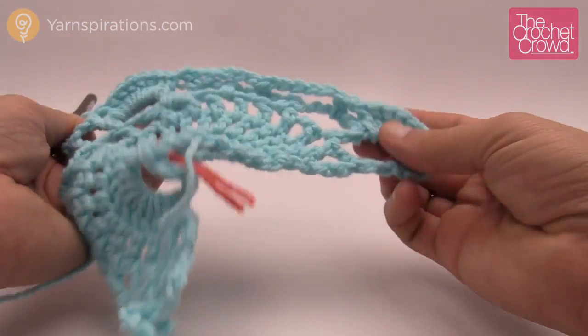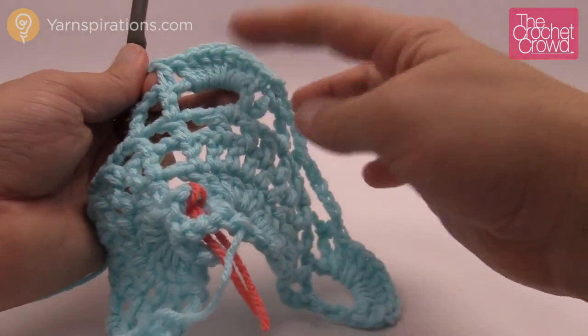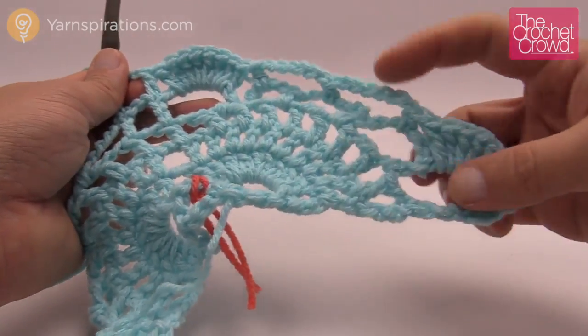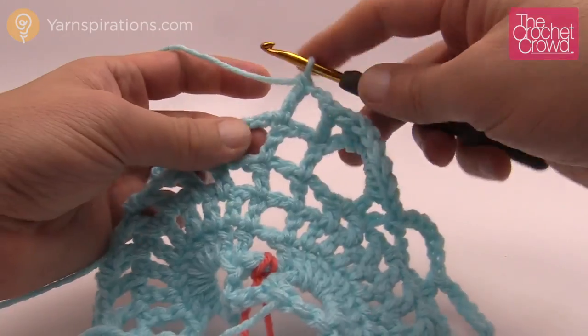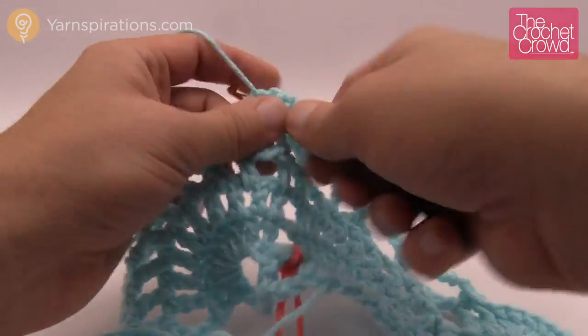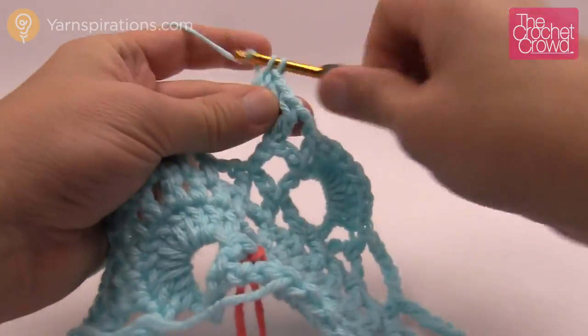So basically what we've done here is that we've created more sprays to work with, and we're leaving these gapping spaces because see how this one gets much bigger? This spray and this one are going to expand into each other as we go. So let's begin to do this side, and we're going to start off doing 8 double crochets into the first gapping space. So this is 1, 2, 3,